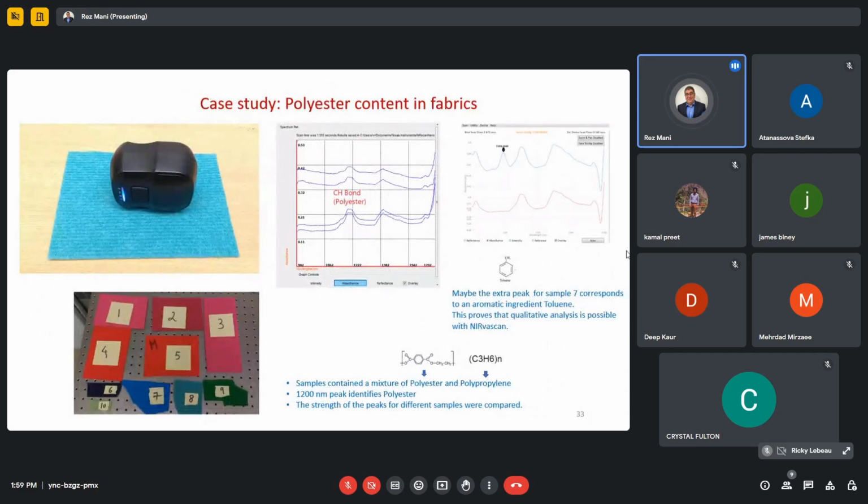All right, so enough of the cloud. We have about half an hour left here, so I'm going to go through different applications, different case studies. So here's one case study where we had to look at different fabrics with the NIRvascan,